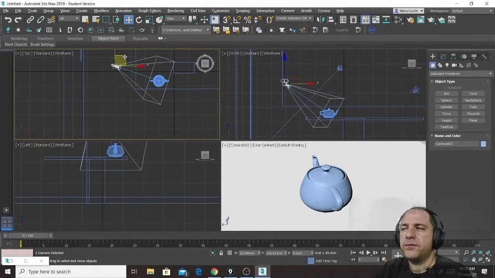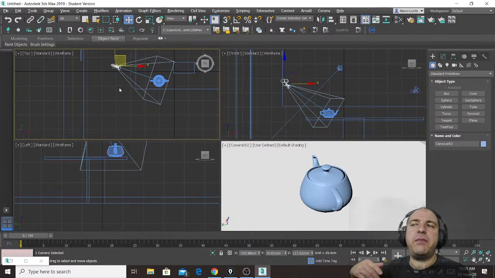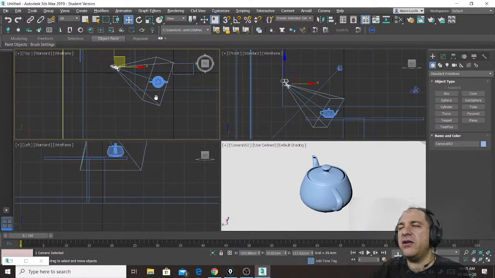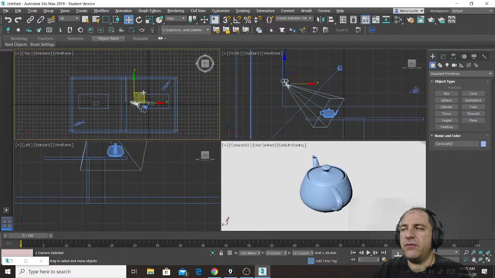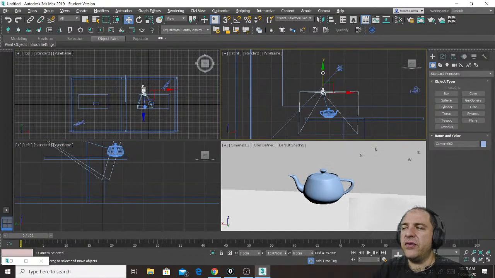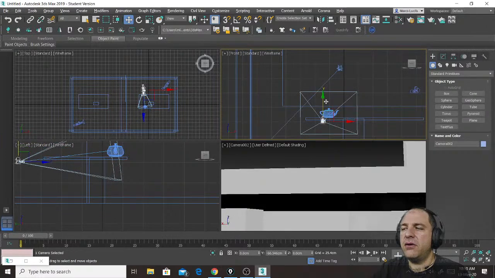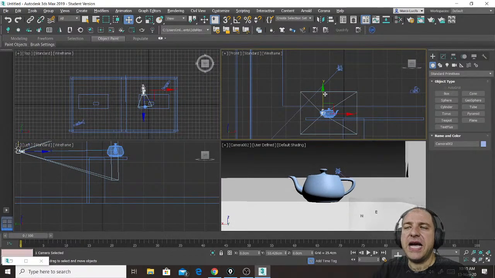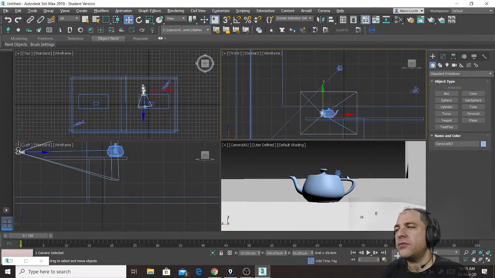Okay? So if I want to make a nice view where my teapot is my main object, and maybe behind I see a little bit of the window and so on, I make something very interesting. Let's say I will put the camera in here, I will move it a little bit low, so that basically I place the camera at the same height of the table and I can see the window behind. But if I want to be sure that my teapot is the subject, then I can select my target